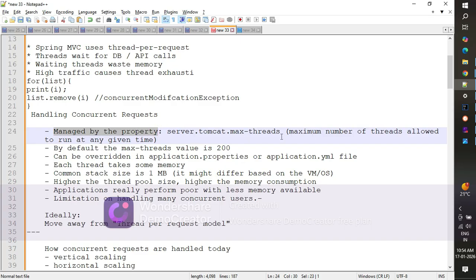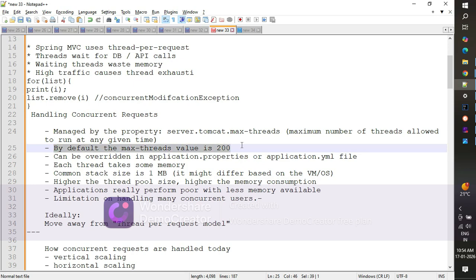The thread pool is a Tomcat thread pool, for which we can set some maximum. But that is not preferable because it eats your memory as well. Your server memory utilization is going to be huge in that case. If you override this property, then as I told you before, the default max thread size is only 20. We can increase this by overriding our application property or YML file, but that's also